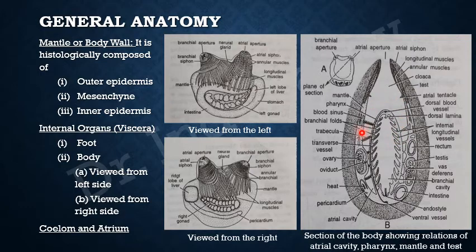And this atrium is very wide on the dorsal and the lateral regions. On the ventral region, the atrium is not there because the pharynx fuses with the mental on the ventral side. Here it is fusing with the mental, it is getting mixed up with the mental, and there is no space over here. So this atrium is obliterated in this area.